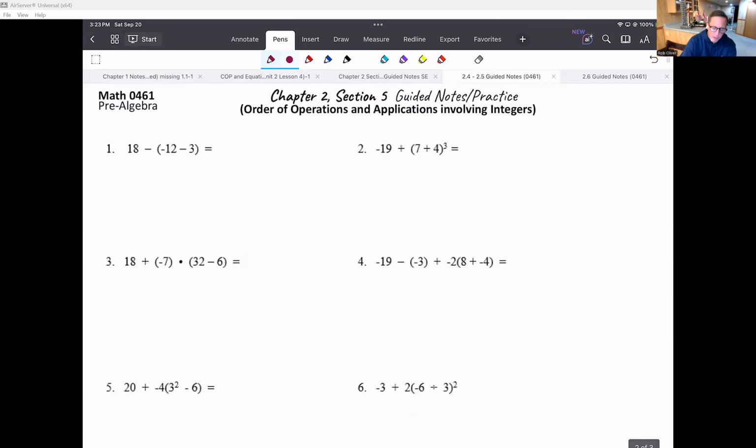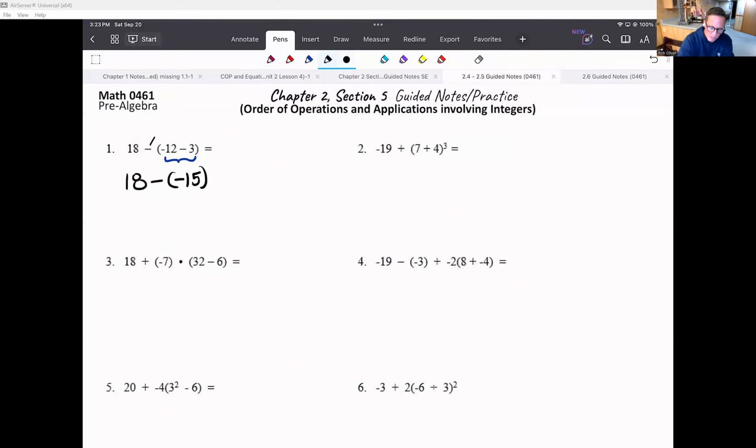On this one right here, we've got -12 minus 3. We're doing parentheses first, I should say. That's the first thing you're going to do. And that makes -15. So I'm going to rewrite it. You got 18, -18. Oops, sorry, I wrote -18. We got 18 minus